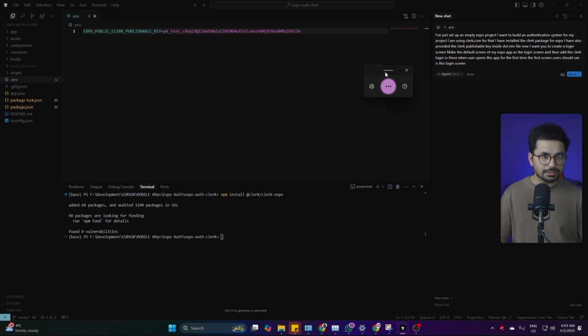After user has logged in, it should redirect user to an empty home page where there should be an option to sign out. Once users click on that sign out button, it should bring them back to the login screen. Please have a look at the documentation provided by